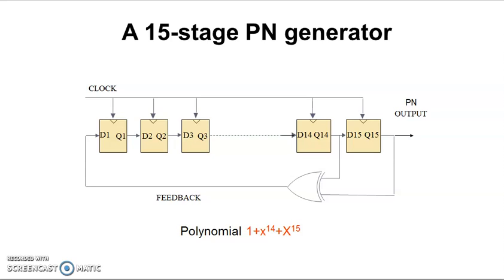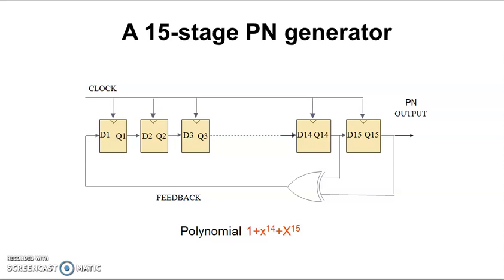If you see the figure, the outputs of the 14th stage and the 15th stage are modulo added and fed back to the input, and that's why we are getting the sequence generated. The maximum length of the sequence is 2 raised to n minus 1 bits. The sequence generated is periodic and repeats with a periodicity of 2 raised to n minus 1 bits, and that maximum length is obtained